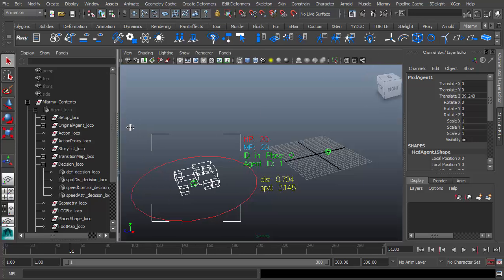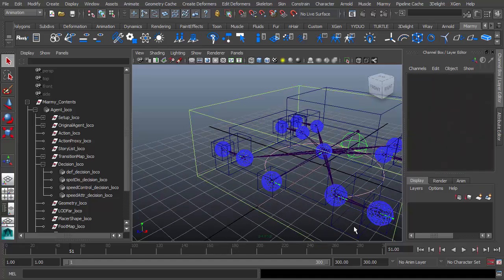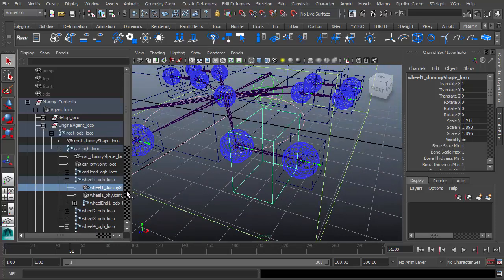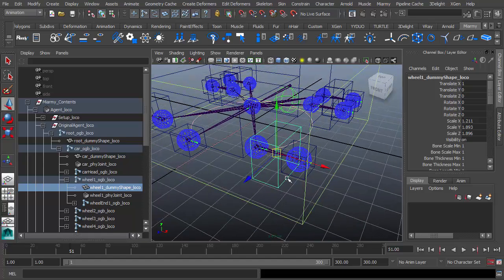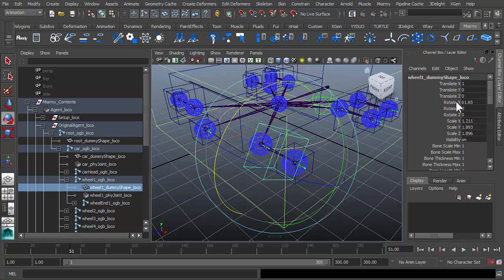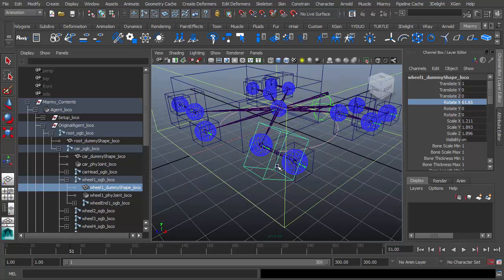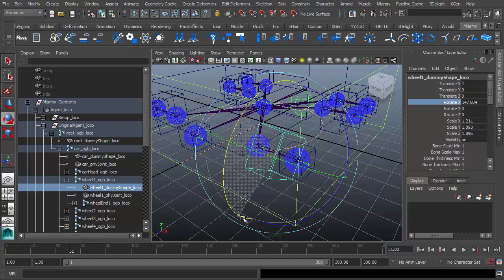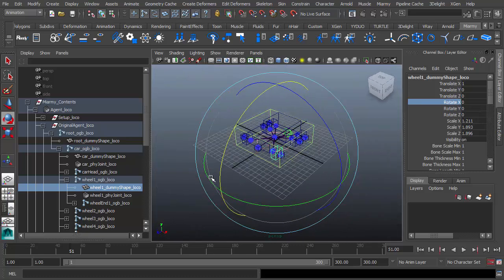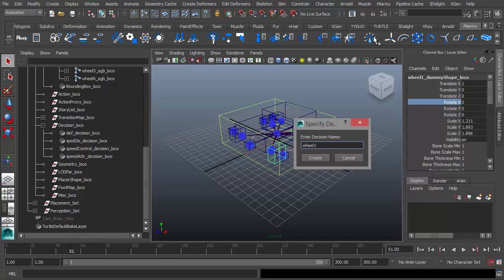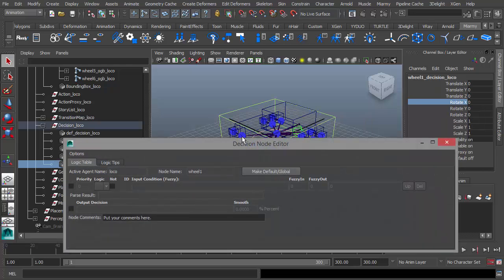So let's replace our agents and select the car wheel. You can see that this is an independent bone, whose name is wheel 1, and the axis is the X. If we rotate like this, the X is changing, so we need to record this relationship. The X rotated to the positive value. The relationship is correct, and let's do that. Here, wheel 1, rotate, just the wheel 1, and